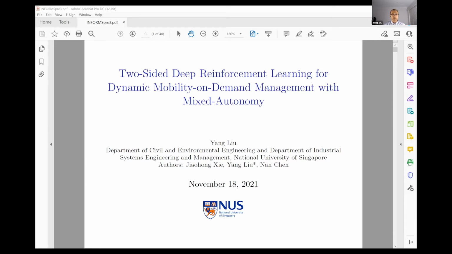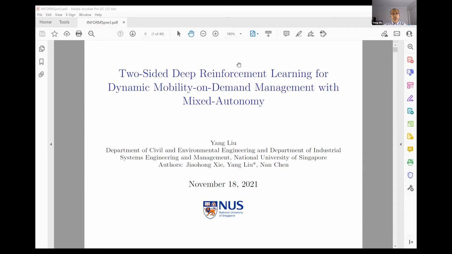So today we're honored to have Dr. Liu Yang to present on a topic quite relevant in our current sharing economy. Her topic will be two-sided reinforcement learning for dynamic mobility on demand management with mixed autonomy. We will have the presentation soon, but before we start, I just want to make a quick introduction